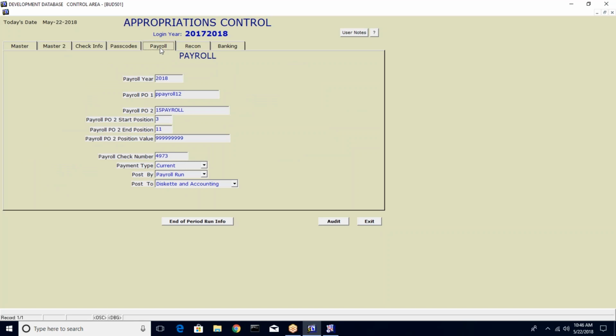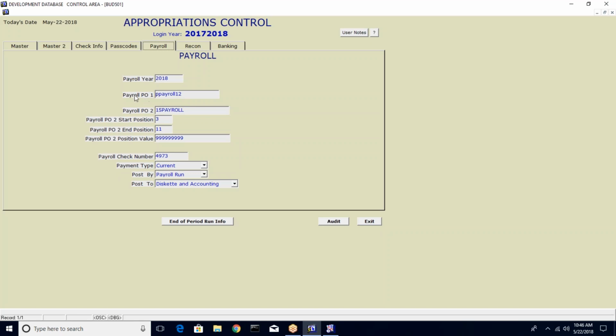If we click over to payroll, this is where you're going to switch your information as far as tying into your payroll. At this point, the payroll year stays the same, so you'd leave that alone. You wouldn't touch it. But we do have a few districts that use the same PO year after year. Most of our clients do put a prefix at the beginning or the end of the payroll purchase order that's used to actually post payroll to budget. Okay. So you would change this depending on what your new PO is going to be for the new year,